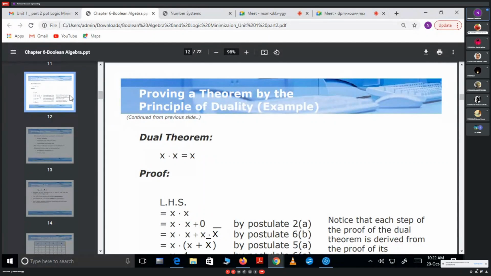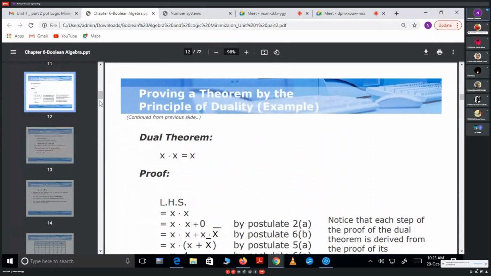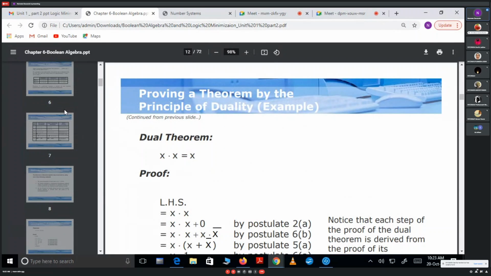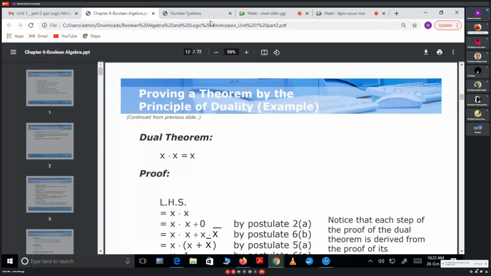You just go through all the basics of Boolean algebra. I will provide you the notes of Boolean algebra also. On the same link, I will upload the Boolean algebra notes. Number system is already uploaded, Boolean algebra also I will upload, where all this is given. We have only 2 lectures, so at least this self-study is required from your side. If you face any doubt, you can message me or ask me here also. No problem.